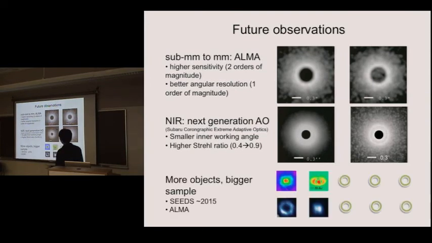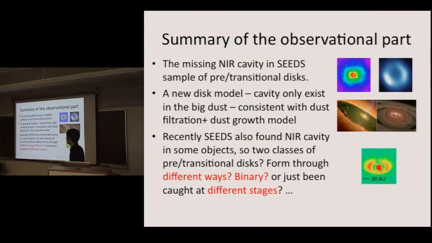And the third thing you can do is obviously try to get more objects for each category. So the SEEDS project will run for another 3 years, and full ALMA will be online later next year as well. To summarize the observational part, the near-infrared cavity was found missing in SEEDS observations